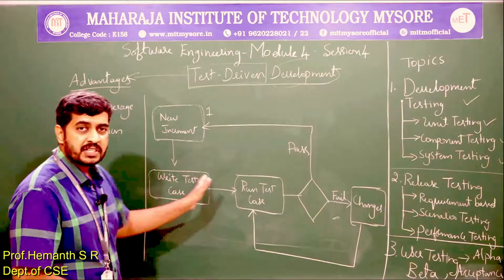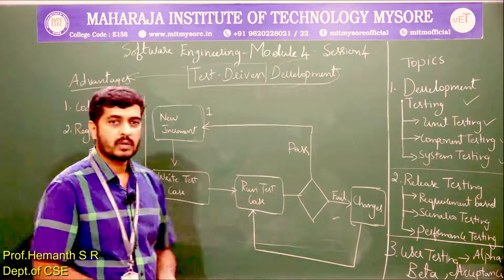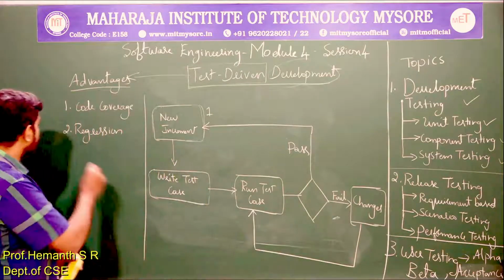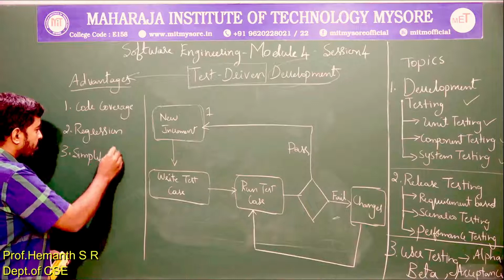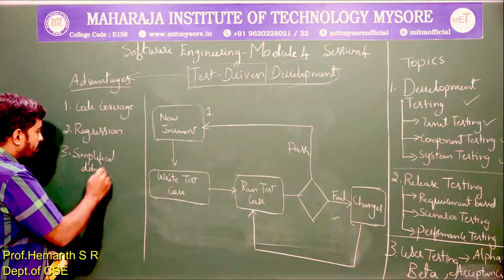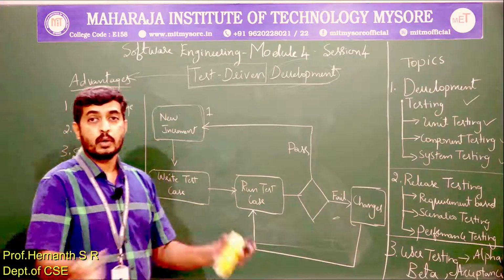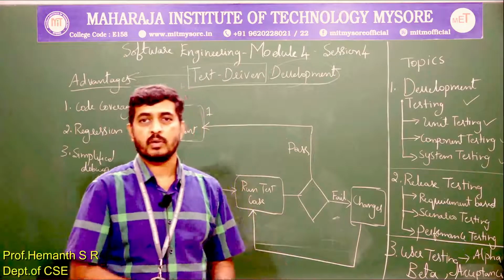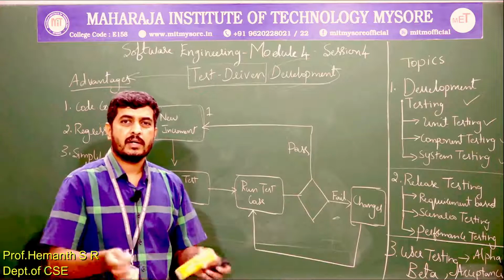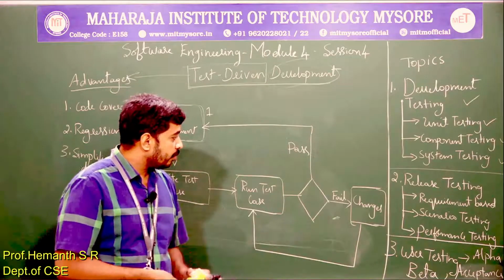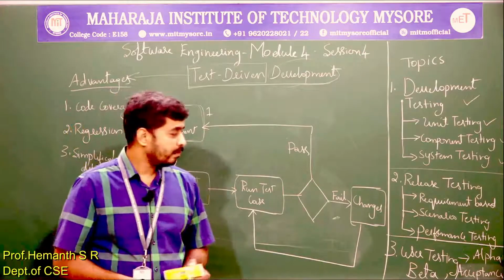And as I already mentioned, we are managing at the micro level, the smallest level, so debugging will be simplified. Simplified debugging. There is no need of using a separate debugger and debugging the whole code or larger parts of the code, because here itself we are doing the same. So we are reducing our headache, which may be needed at a later point of time. So this was simplified debugging.